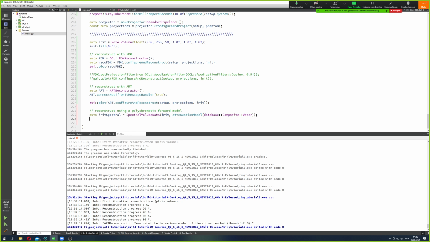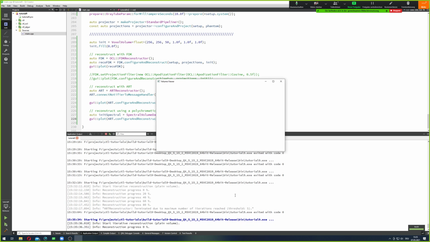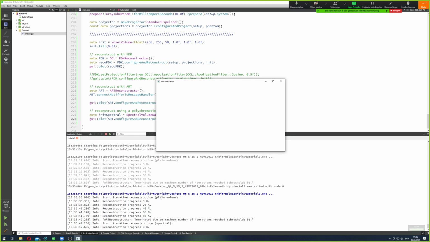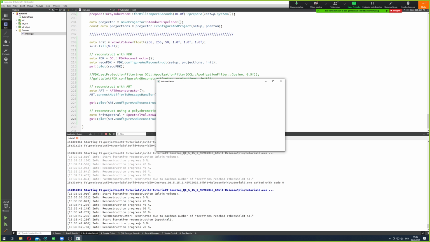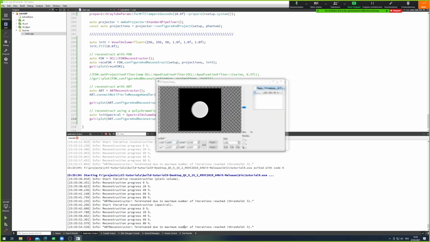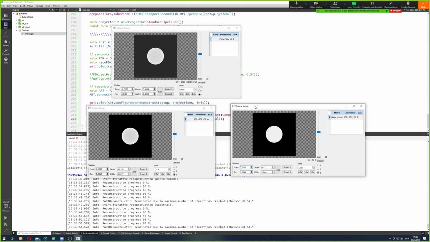And if I just use this thing here and repeat the reconstruction, but not with a normal initialization, but with a spectral initialization, this will immediately detect this and run the reconstruction using a polychromatic forward model. And you can see that in the information. First of all, we start with plain volume iterative reconstruction, and the second attempt is reconstructing it with a spectral volume. And maybe you can already see that it takes a bit longer because creating the polychromatic forward projections is a bit more computationally expensive,